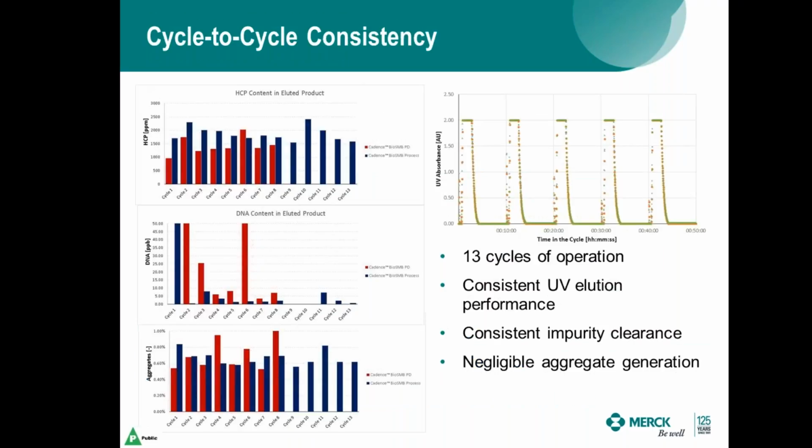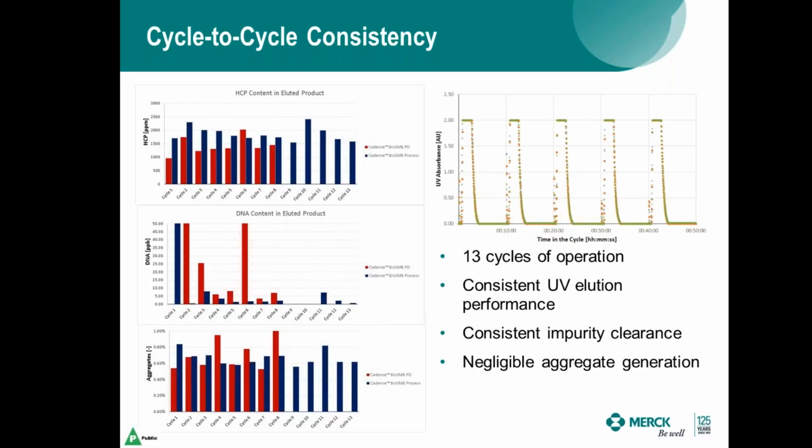So now a little bit on the results. What I'm showing here is cycle to cycle consistency. On the left-hand side, you have the overlay of 13 cycles of operation on the process scale system, showing the UV elution peaks. Each of those peaks represents the 13 elutions from each of the different 5 columns that were attached to the